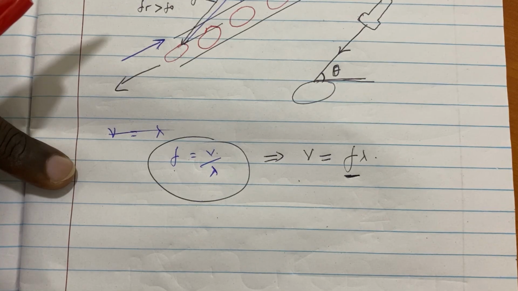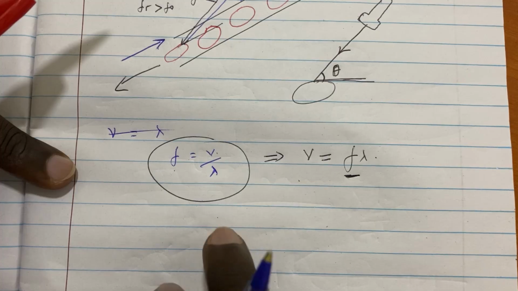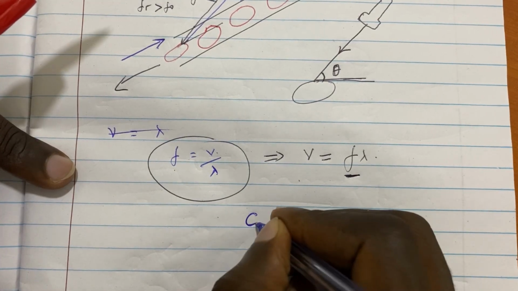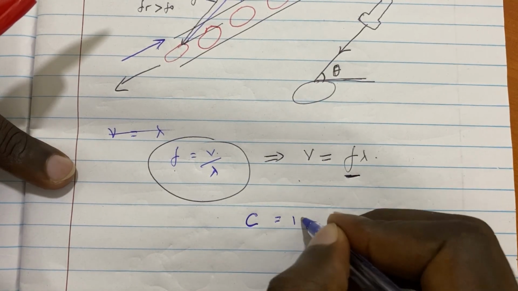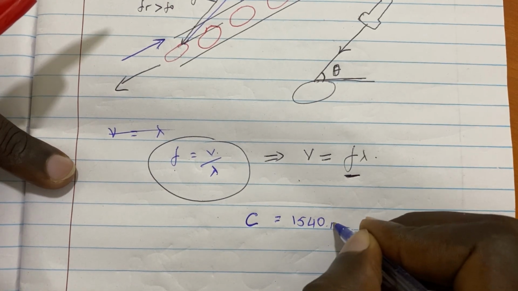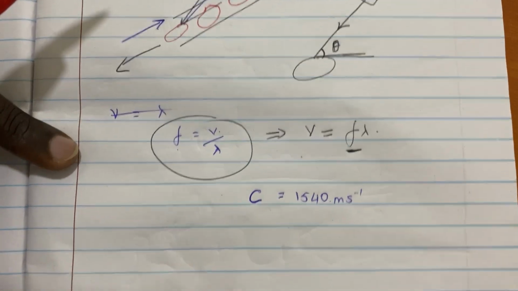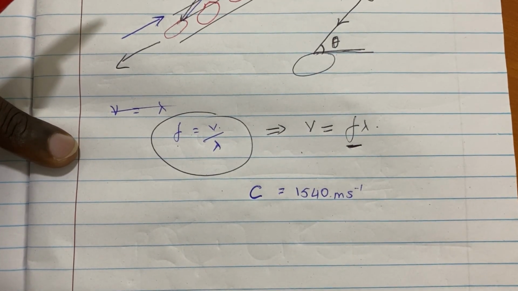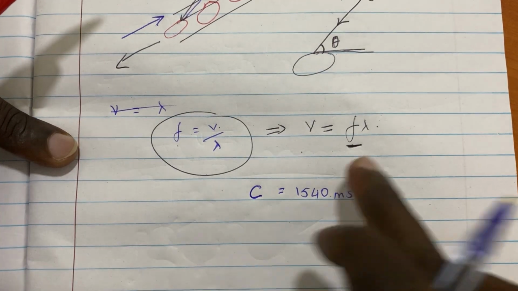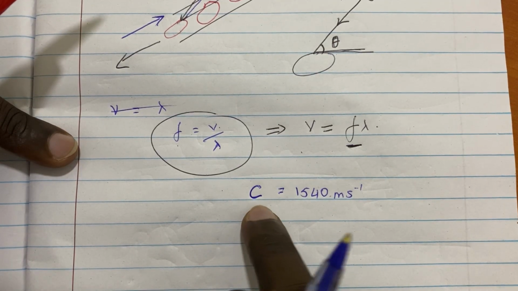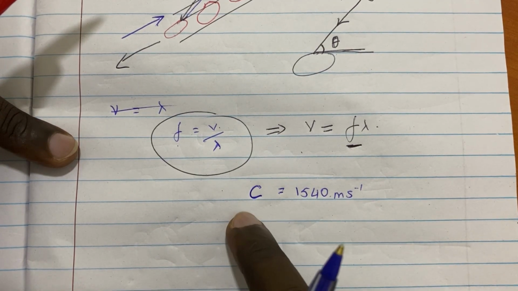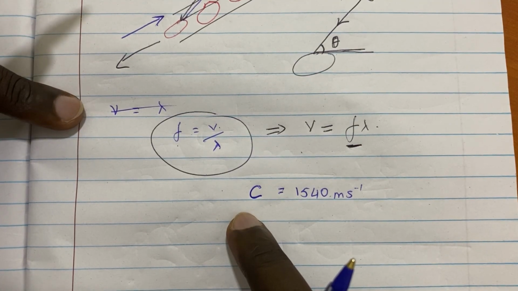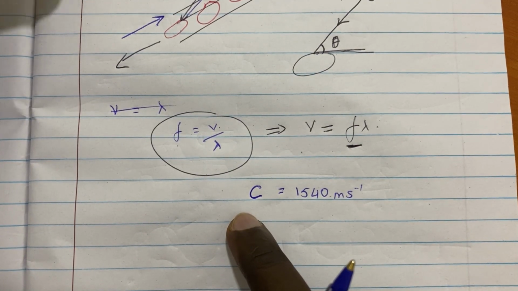Now we are talking of soft tissue, because we are talking of echocardiography. Cardiography is through soft tissue, that is muscle, skin, blood. So the speed of sound in soft tissue, we are going to call it C, is a constant at a given value in meters per second. We are going to relate these. So we have talked about frequency, velocity, and the constant here, and then wavelength, and then we have also talked about the Doppler shift.